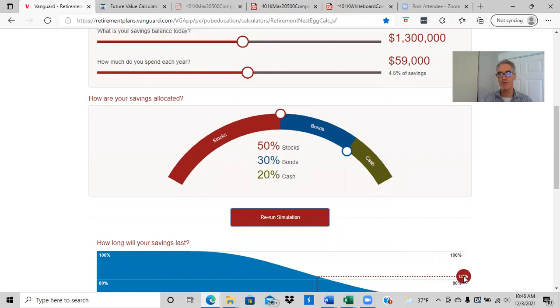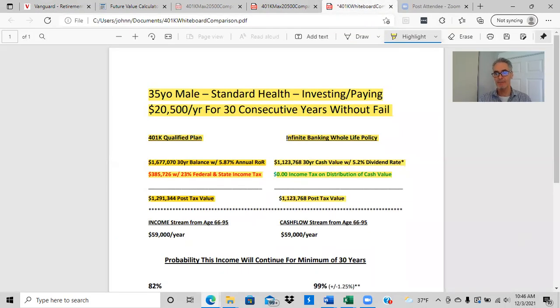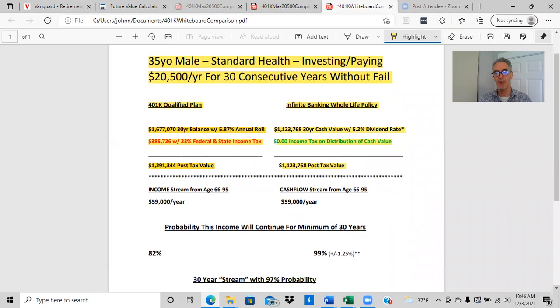So there's an 82% chance on the 401k side that you're not going to run out of money. Well, I'm going to show you what it takes. All right, let me go back to this document, and I'm going to explain this a little bit more. So both sides were streaming from age 66 to 95,